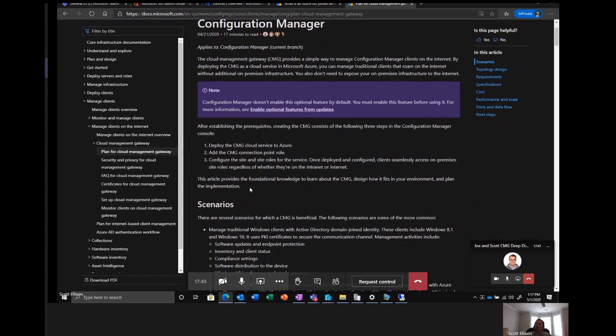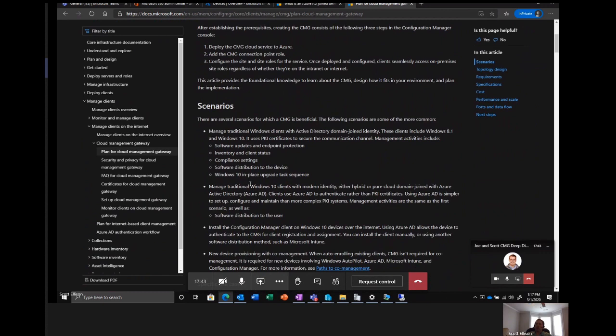The CMG does address some scenarios for Windows device management, for both a hybrid Azure AD join device and also an Azure Active Directory join device. It will support both your Windows 8.1 clients and your Windows 10 clients. And Windows 7 clients, remember, are now out of support, so hopefully you're not running any Windows 7 clients in your environment. But things that the CMG can leverage are software updates, your endpoint protection, your inventory and your client status, compliance settings,